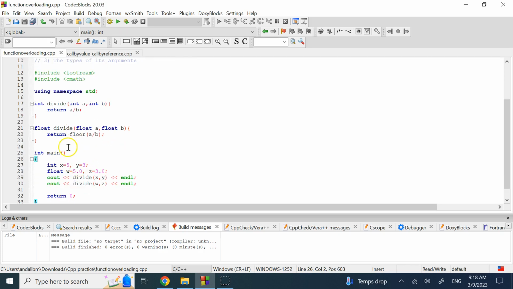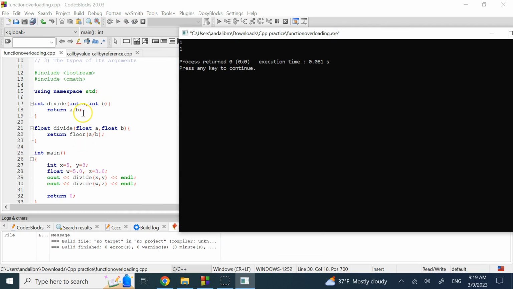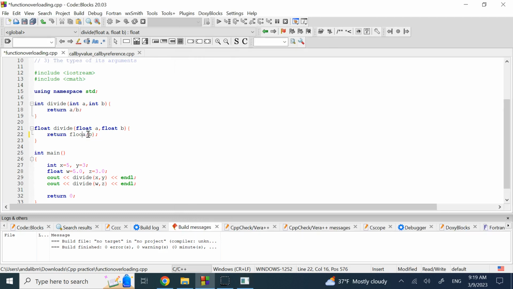So here, if you look, I have 5 and 3, and then 5 and 3, but two of them are defined as integers, two of them are defined as floats. One time I pass integers x and y to this divide, the other one I pass w and z to the other divide, and look at the difference here. So if I call this, you see in both cases it returns 1, of course, because here I'm using the floor function, right? But if I get rid of this floor and make the operations exactly the same,